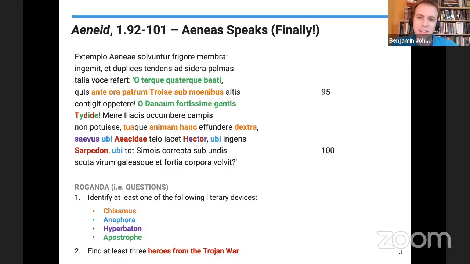Well, I do have a question. I told you that that first line there is repeated in different forms. Who else is referenced with that line? Who groans? Who holds his hands up? And his limbs are released, slackened with chill. Who exactly is that? It is Turnus, at the very end. I love how it connects the first time we see Aeneas and the last time we see Turnus. They're totally connected. Yeah, it's brilliant.